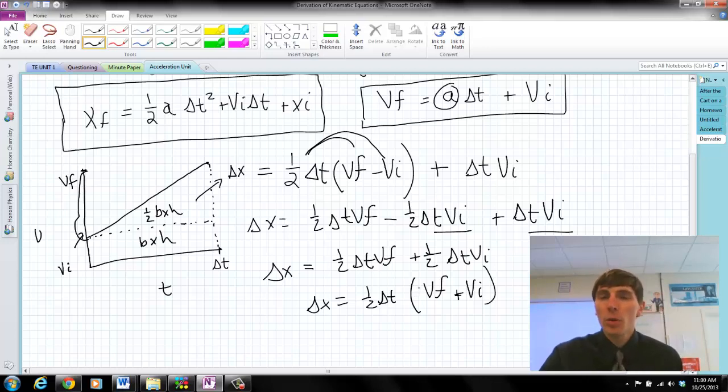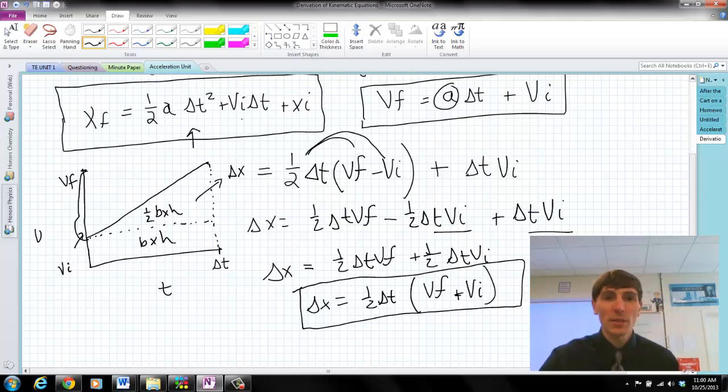Now, our problem of still having only equations with time is still kind of a problem, because this equation here also has time. So we have our three equations. I'm going to go ahead and underline this one. We have three equations so far. So looking at this one here,